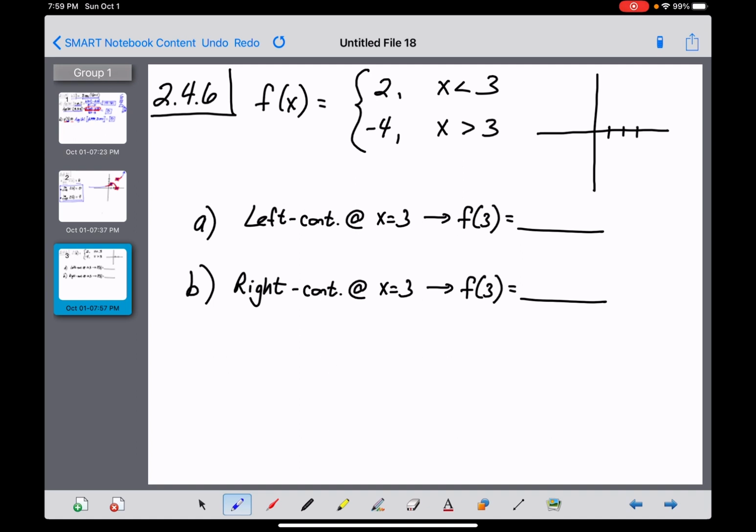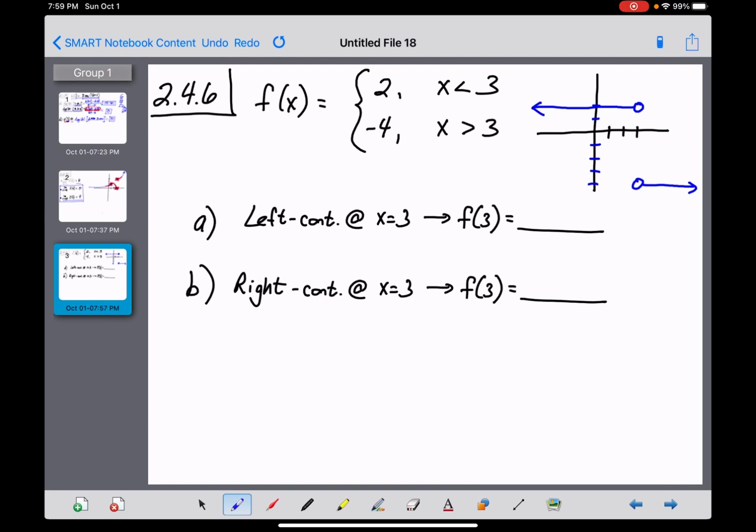Notice it's a constant function on both sides here. It just has a y value of 2 for all values of x less than 3. So if I were to just assume 1 and 2, okay, for everything less than 3, open dot right there, we would have a horizontal ray going off here to the left. And then, when x is greater than 3, we would jump all the way down to -4, have an open dot there, and this thing would be shooting off to the right like that. So that's what this function f of x looks like,